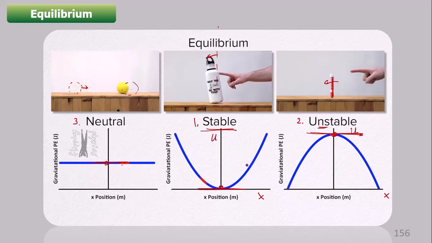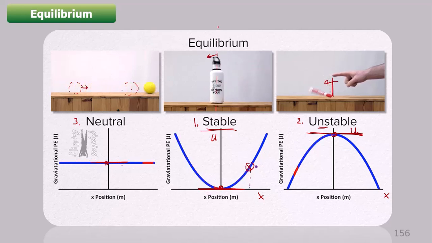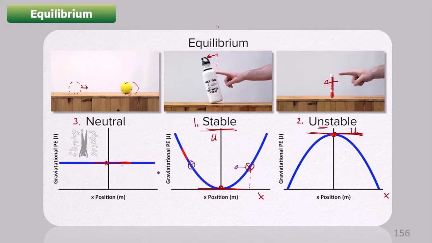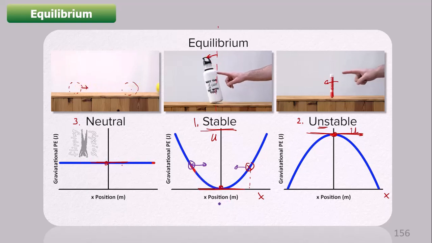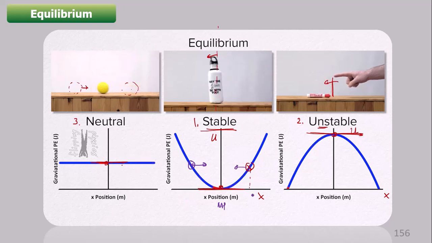let us say I am moving to this position. At this position, if X is positive, I can clearly say the slope at this location is positive. So the particle at that point X feels a force in this direction, an attractive force. Similarly, if I go toward this position, the slope is negative, so the force becomes positive, so the force is in this direction. So every time I try to displace the particle from this position, which is called the mean position, the particle feels a kind of attractive force, and because of that it again comes back to the mean position.